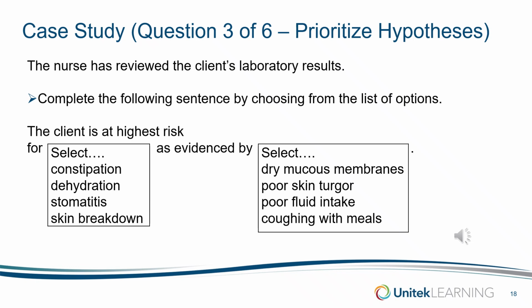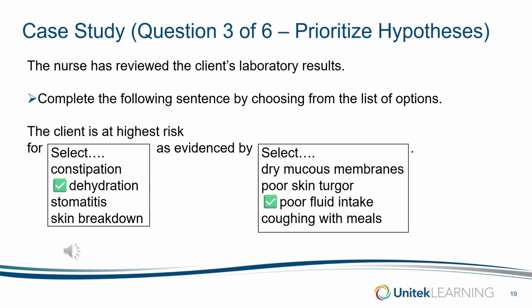After reviewing the client's laboratory results, we are asked to complete the following sentence by choosing from the list of options. This is an example of a drop-down rationale. We must determine that the client is at highest risk for which condition, as evidenced by what finding. After making your selections, the final sentence should read, "The client is at highest risk for dehydration as evidenced by